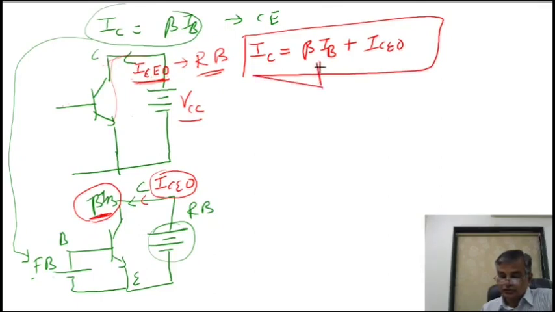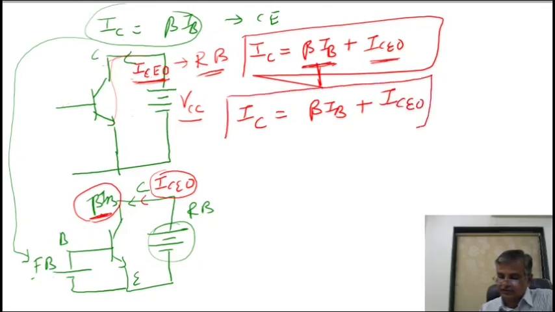This is due to the forward-biased base, this is due to the reverse-biased collector. So the collector current flowing in this common emitter circuit is beta IB plus leakage current ICEO. Remember this equation for 1 mark MCQ